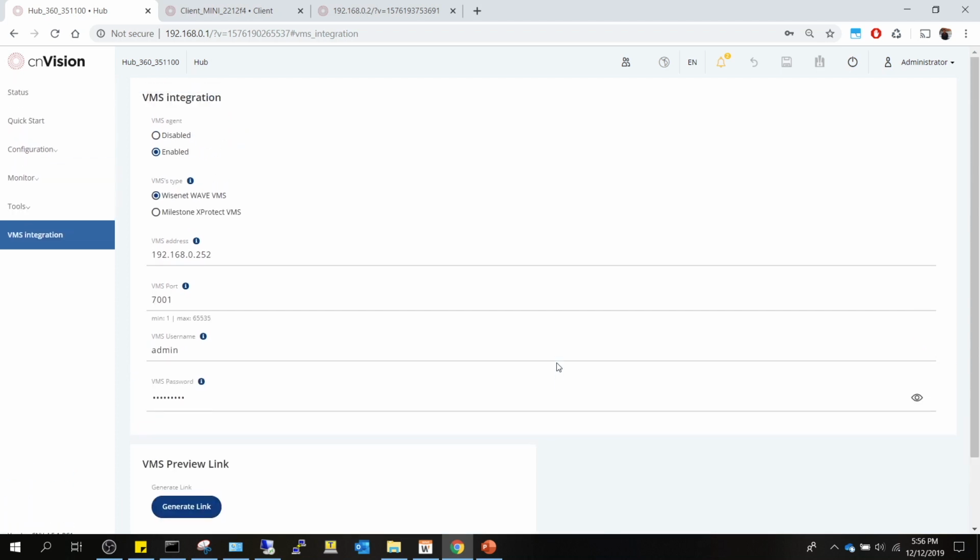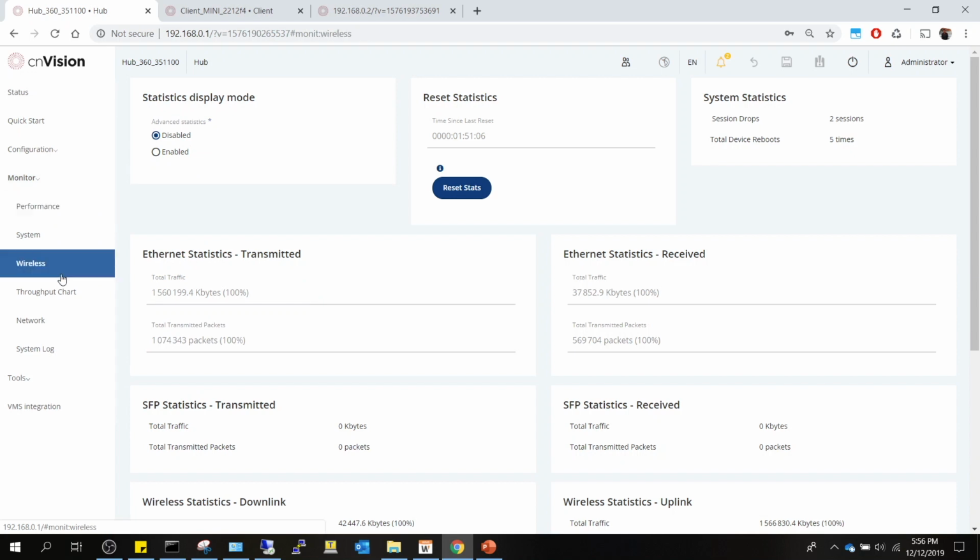So that's how we offer the VMS integration. Right now, as I told you, we have successfully integrated WiseNet and Milestone XProtect VMS. So you can do the same thing for Milestone. Click on Milestone, have the credentials and the IP address and port of WiseNet, and so that when you